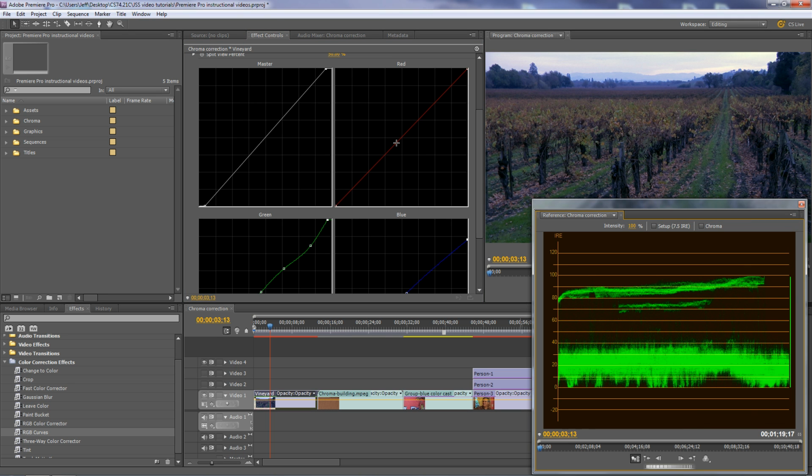And as I change, let's say I increase the red suddenly. Watch what happens here. See, the Luma changes as well. So we're changing the brightness as we change these graphs. So just keep in mind that after you do all this work and you make these changes using the RGB